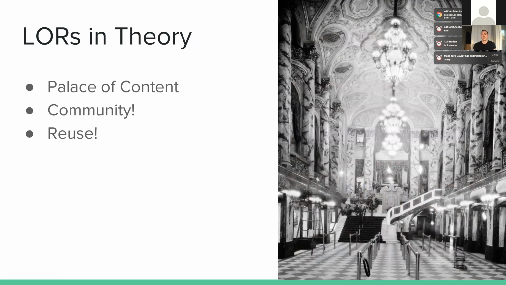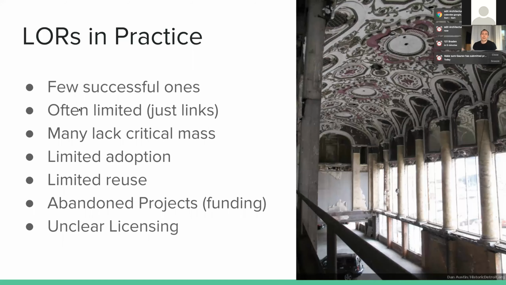Learning object repositories often market themselves as these beautiful palaces of content where course authors and educators can wander the aisles and find the most amazing content and pick and choose it, and talk to the community of educators and improve content together, and then mix and match content and build these amazing courses using the content. Unfortunately, in practice, there haven't been a lot of learning object repositories that really succeed to that level. Examples are hard to find,